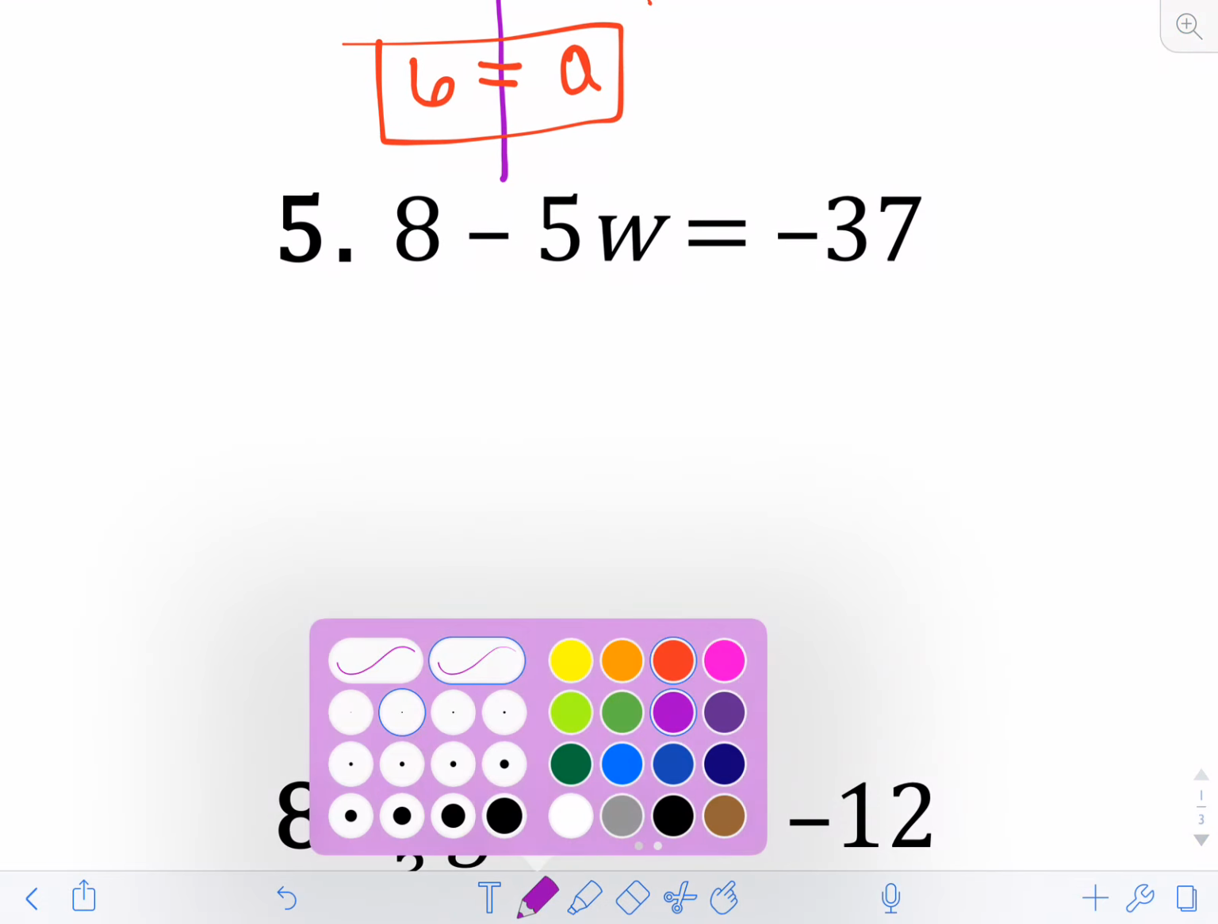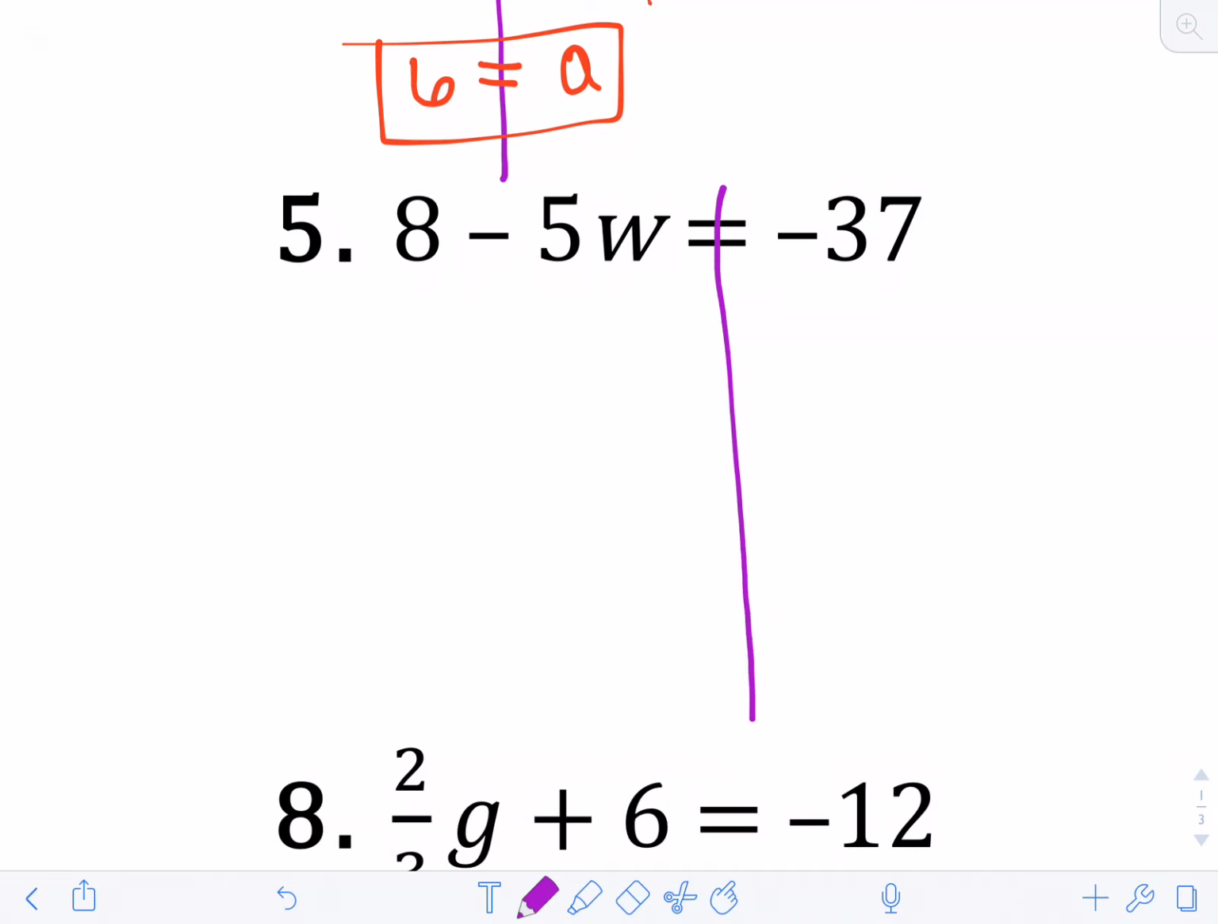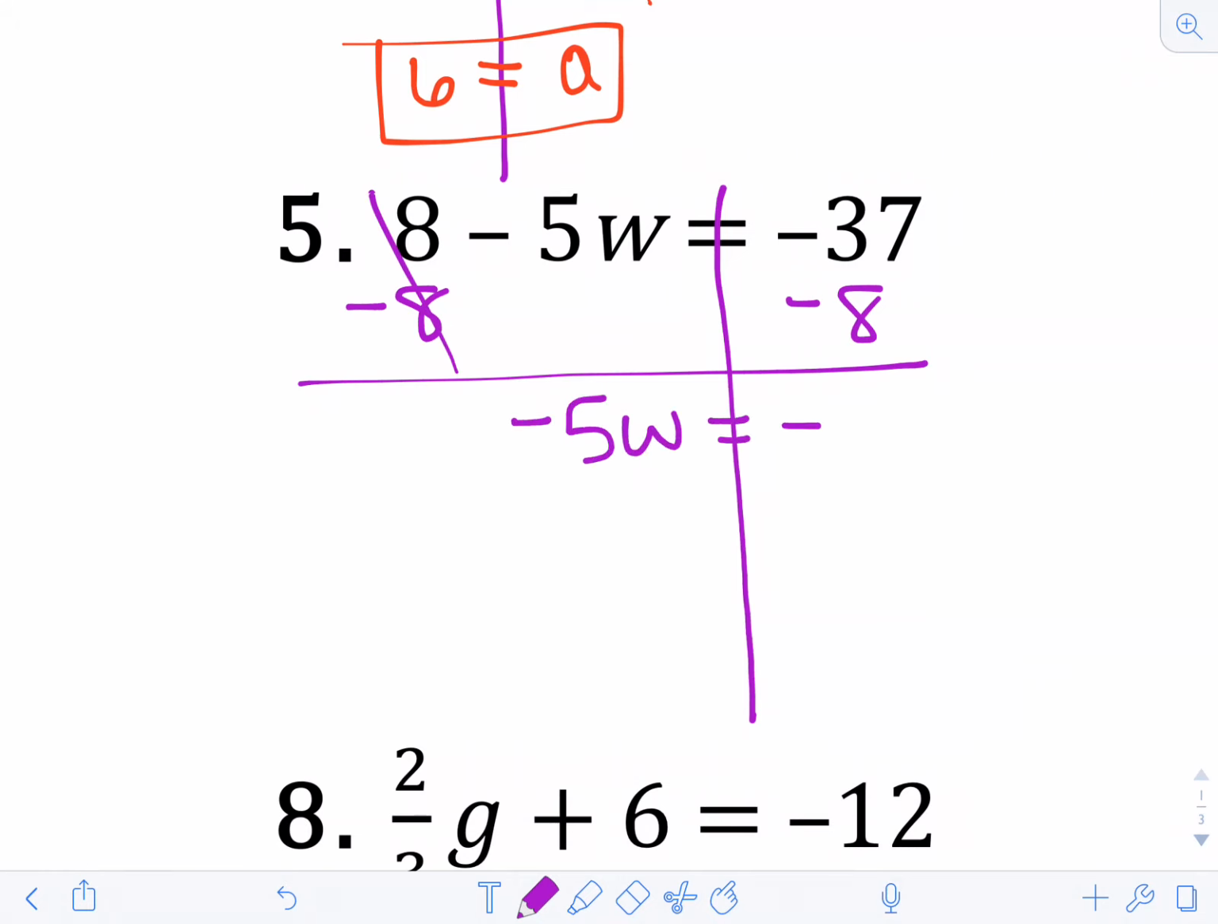Number 5. So again, first step, line on the equal sign. I'm trying to solve for the variable w. So what I've got to do is get rid of any addition or subtraction that I see. So I do see here I have this 8. I'm going to have to do the opposite. So I'm going to subtract this 8 from both sides. So I have a negative 5w left over is equal to,